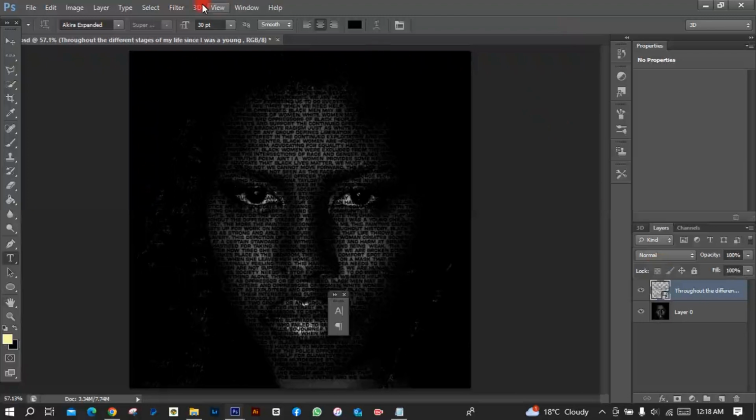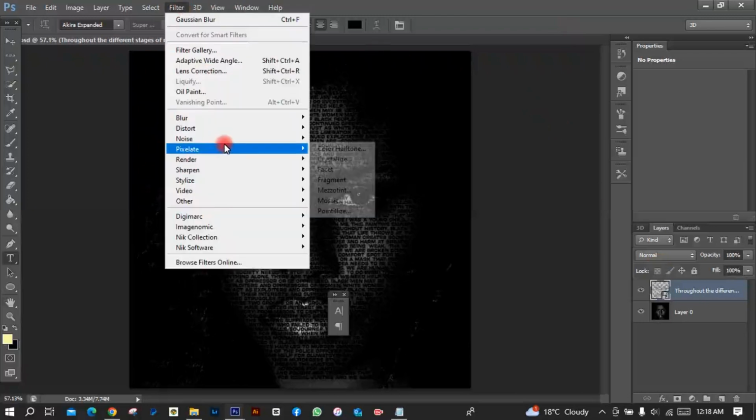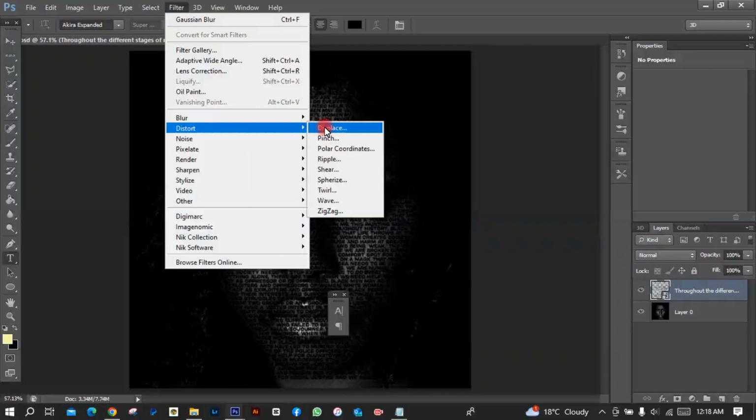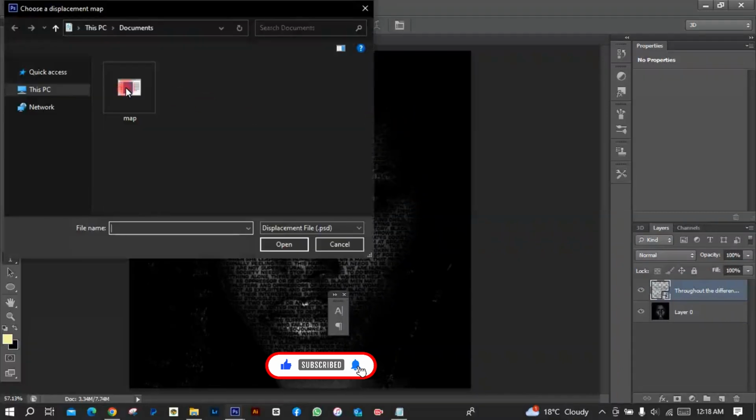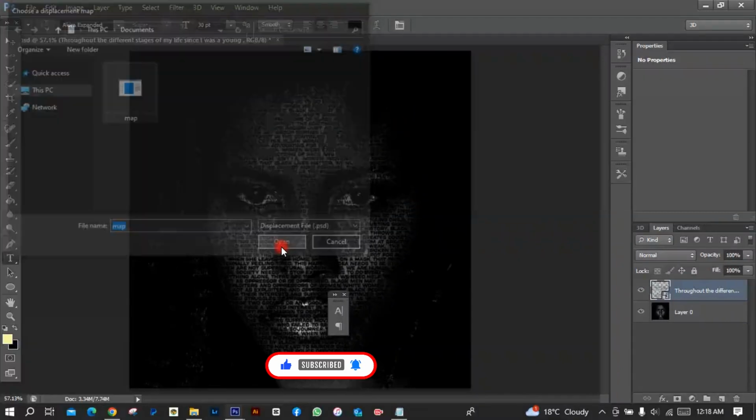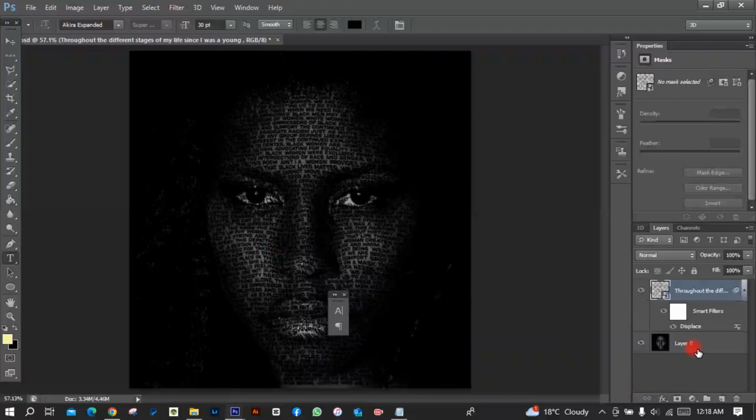After it's converted to a smart object, you're going to go to Filter, then Distort, and Displace. Make sure the horizontal and vertical scale is at 20. Then you're going to hit OK, and then you're going to open the map that we saved previously. Once that's done,